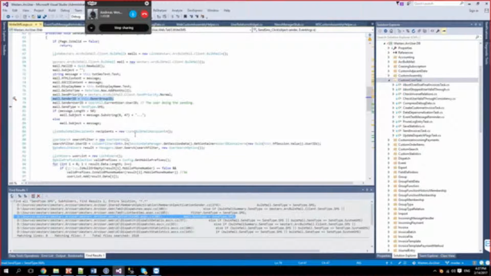Sender ID, that's the event ID, the event that is about to be notified. Sender user ID, that should be a user called web service user, I think.